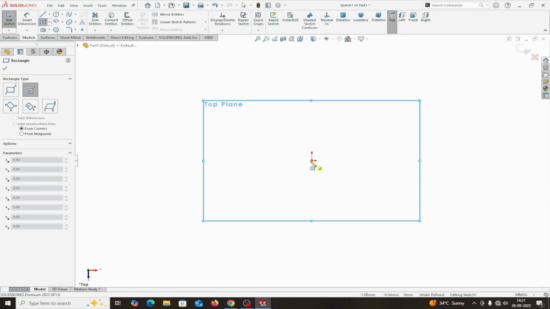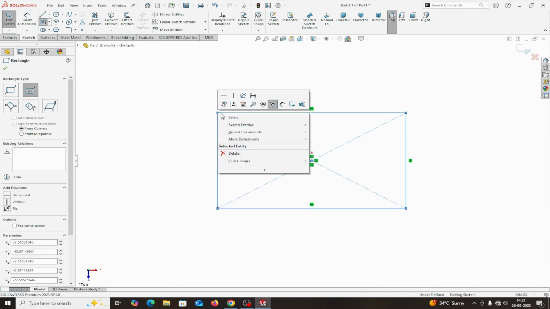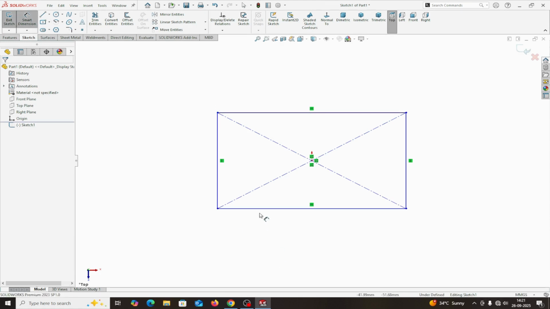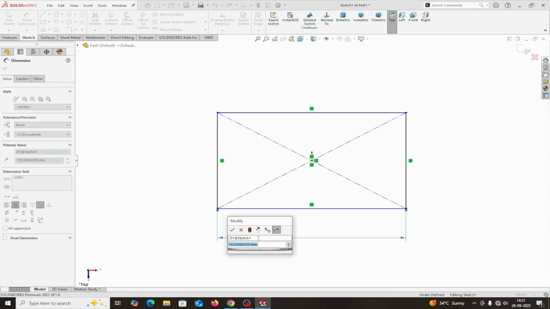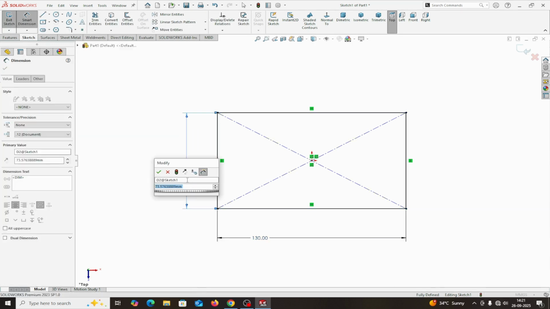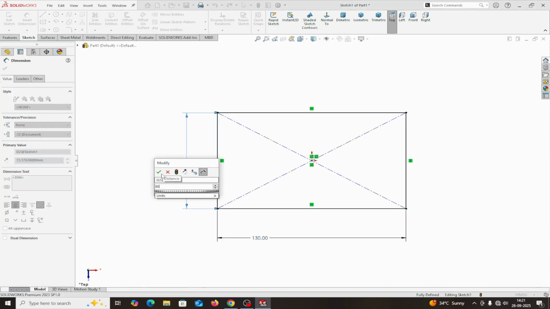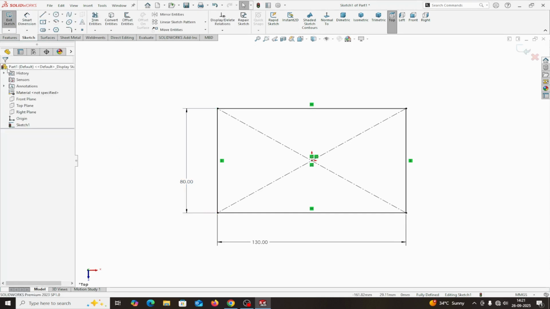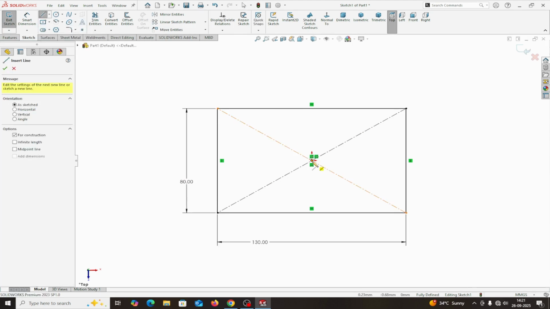First draw the center rectangle, dimensions 130 and this is the 80. Okay, in sheet metal the rule is that in order to create any type of flange, the contour or the sketch should be open. So I am drawing this line, center line,